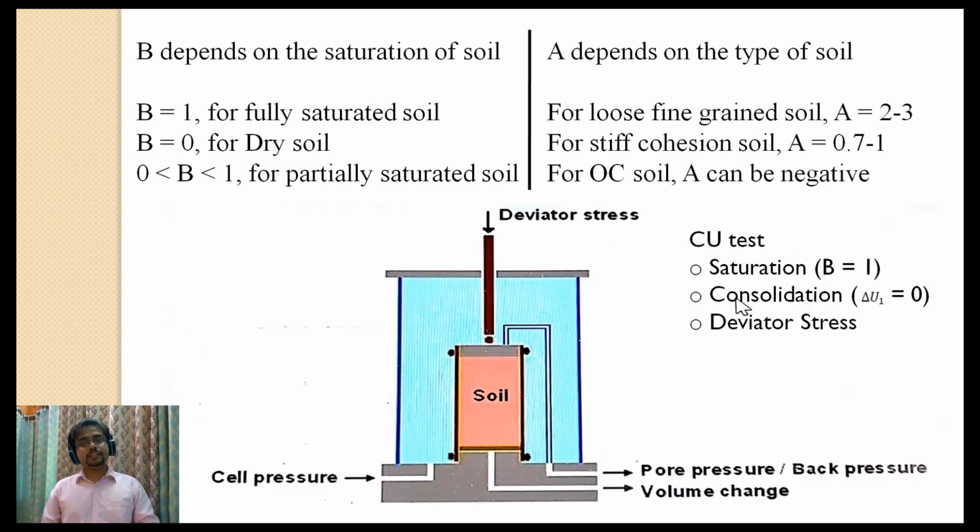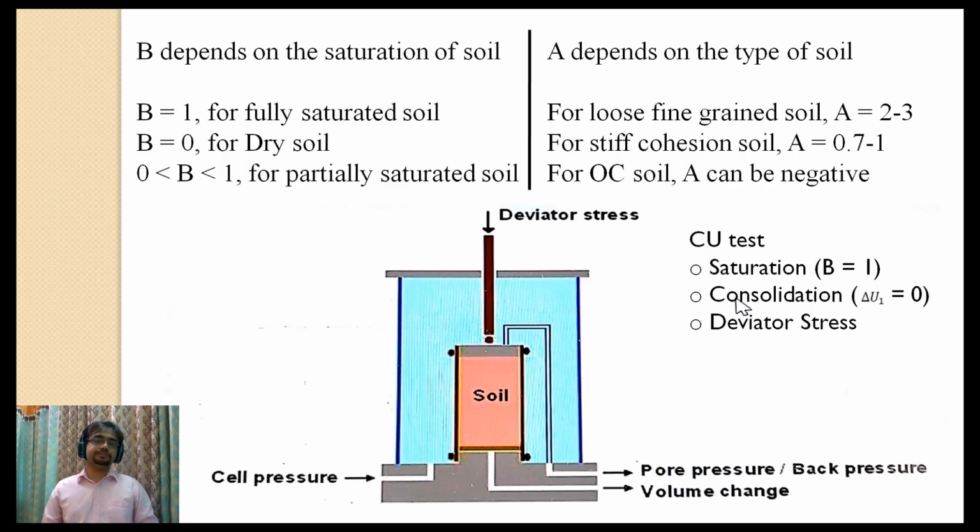So this dissipation can need some 24 hours of time. That's why we told you in the previous lecture that the first stage of the triaxial test requires at least 24 hours of time. So normally it is taken that within 24 hours the consolidation is going to be finished. How can we know that the consolidation is finished? The most authentic way to say that the consolidation is done or completed is to have this del U1 value equal to 0.